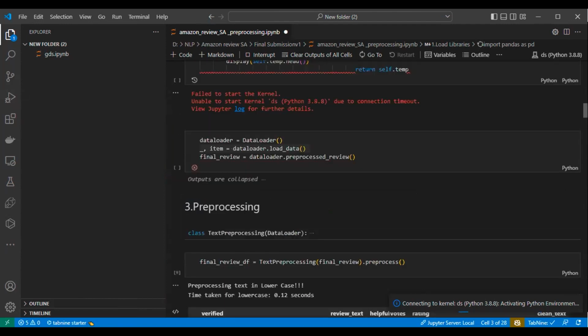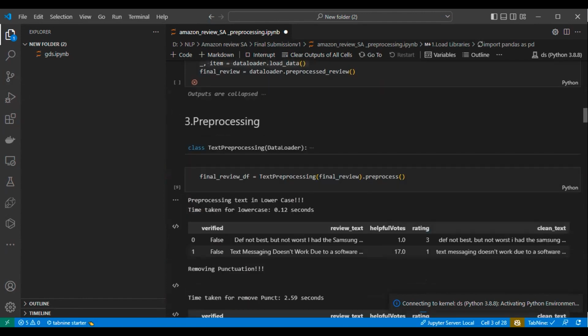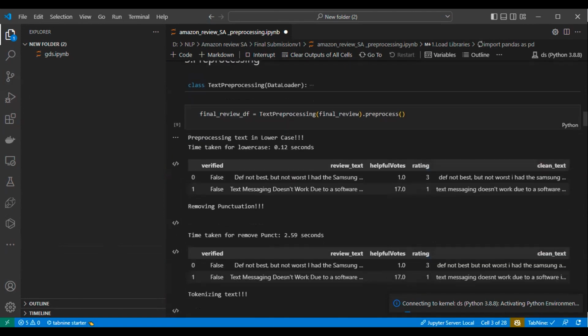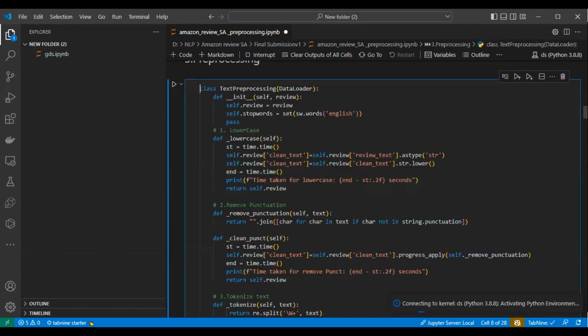So till then, let's discuss the final review, and the next file is the item review which we have. If we apply the pre-processing technique to that, what will happen? As we discussed, the very first step to pre-process the text is to convert it into lowercase.